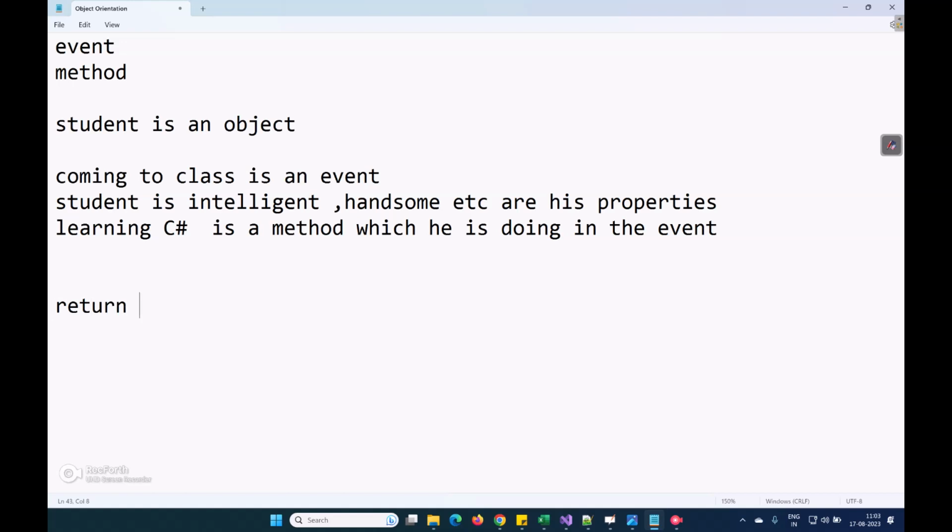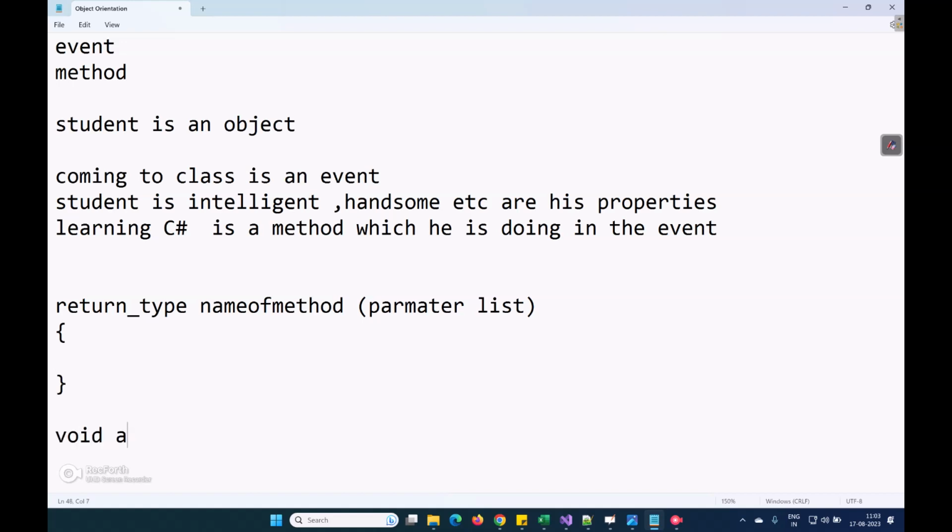So what is the method syntax? Return type will be there. Then name of the method will be there. This you know. Parameters list will go.